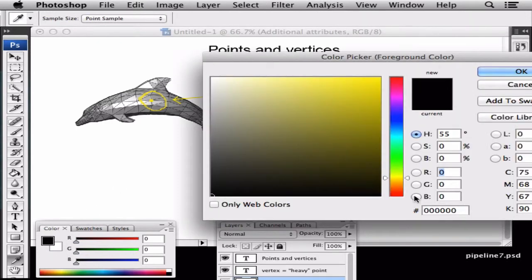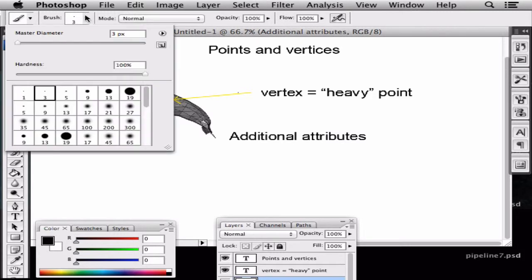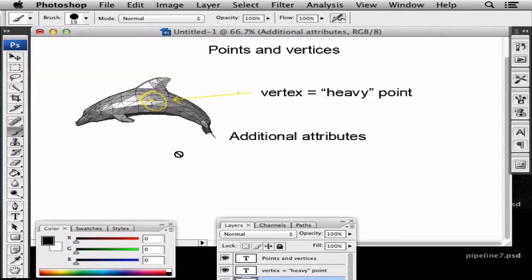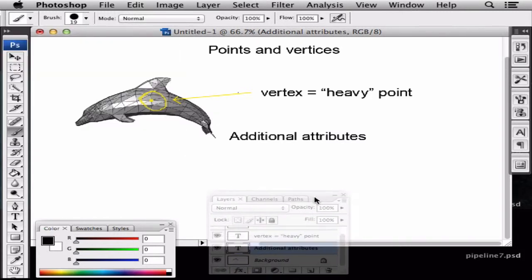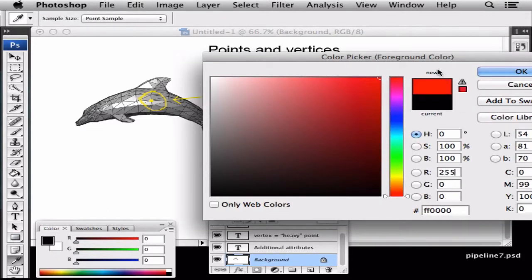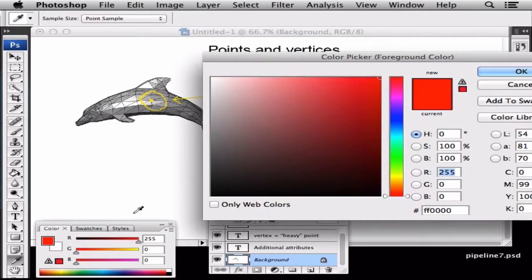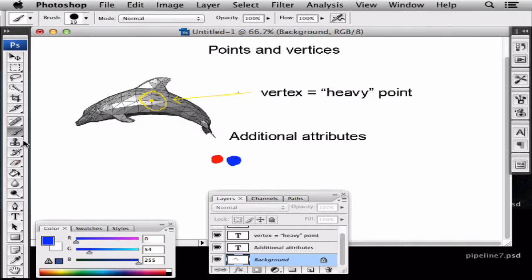The first additional attribute that we can use is we can have a color associated with the vertex. We also call that vertex colors, incidentally. So it's just a color value that goes with the vertex. We could have this maybe. So a color value.